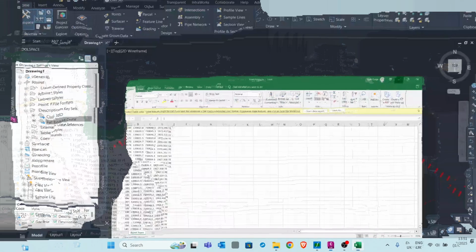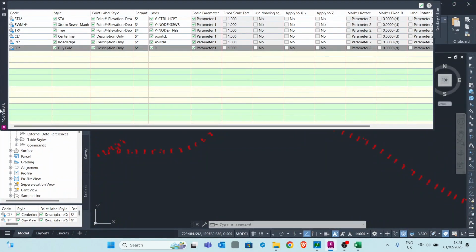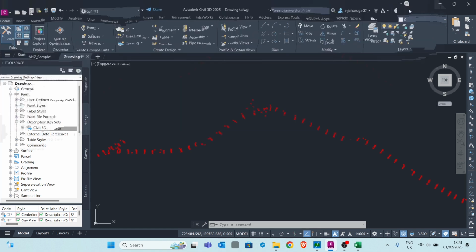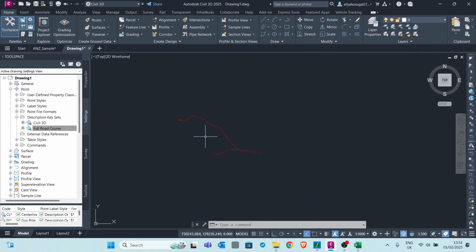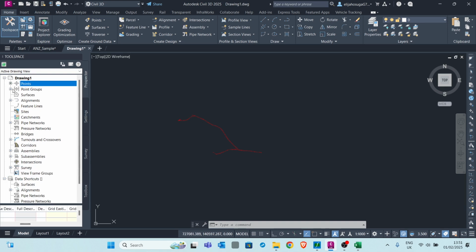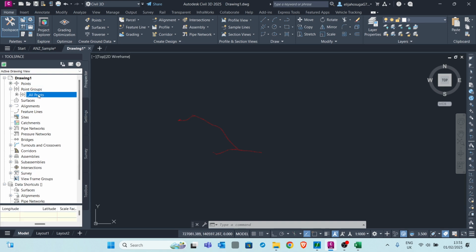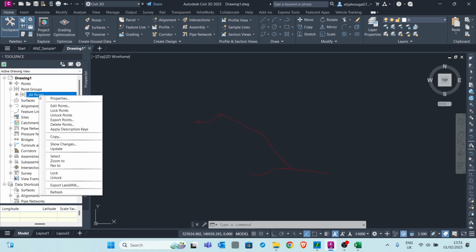So let's see first of all how the ones we've created will control the display of our points once we assign them. So once I'm done with this, I just click here on the tick to say that I'm satisfied with the description key, and then I can go back to the prospector and then go to the all points, to all my points. I want to assign these points the description key that I've just created. So I go to the all points group. This all points group was created by default once we imported these points. So I apply description keys,